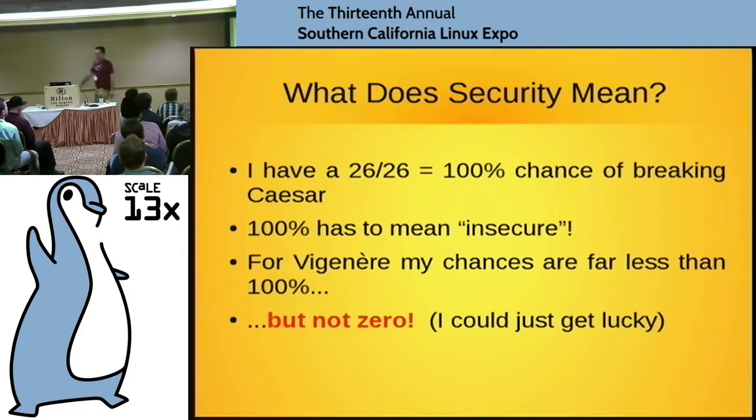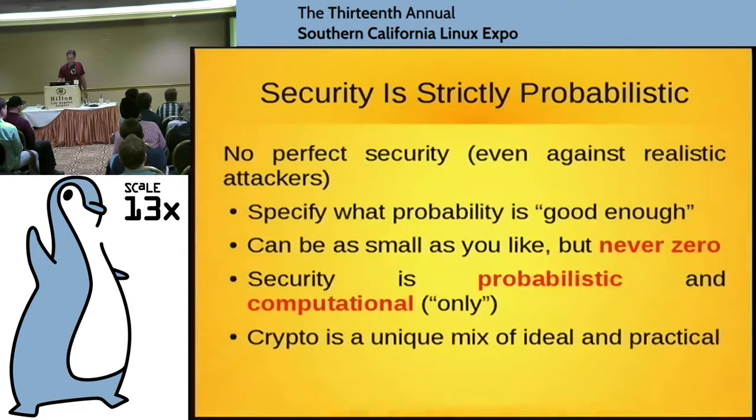So what does that mean? What it means is a couple of things. First of all, not only can we not ask for security against any attacker you can imagine, we can't ask for perfect security even against realistic attackers, not with a practical algorithm. So we're going to have to say what level of risk is good enough, what probability is acceptable, and then cryptography can say whether we can achieve it with any given cipher and any given attacker. But it can't be 0, okay? Which brings up the rather fundamental point. Security for cryptography is not absolute, it's probabilistic. You just decide what you want your odds to be, but you're still gambling. You can stack the deck, but you can't stop gambling.